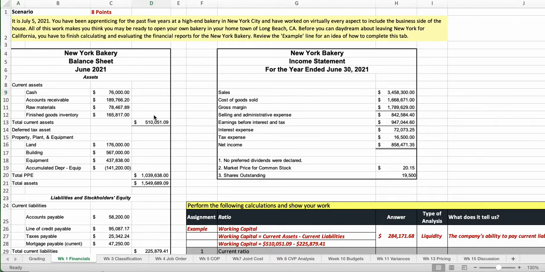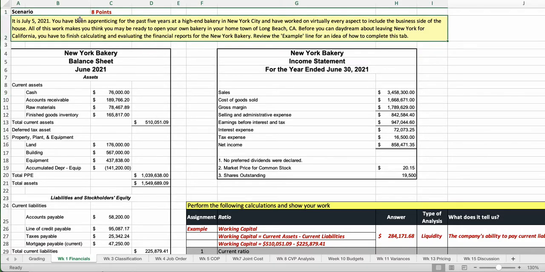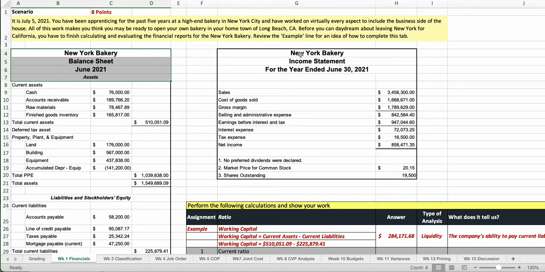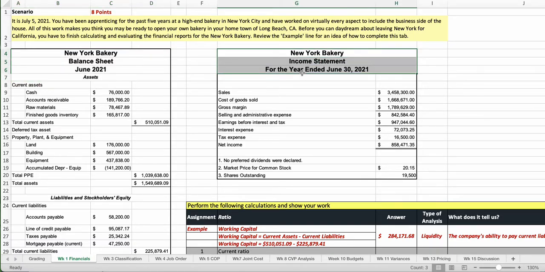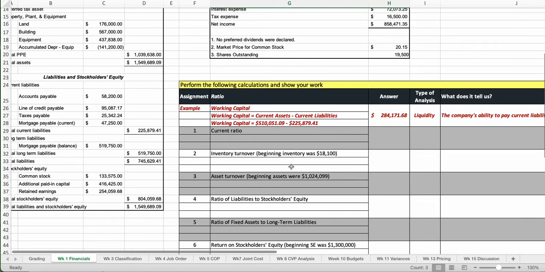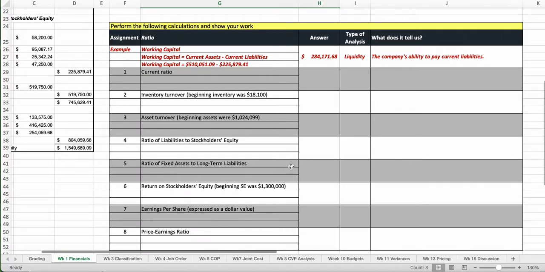As I mentioned in the overview video, this particular tab is 8 points. You have your scenario here that sets out why you're even performing these calculations. And then you're provided information regarding the balance sheet and the income statement for the New York bakery. In this area, you're asked to perform the following calculations and to show your work. All of this information is in the textbook, but if you wanted to make this just a tiny bit easier